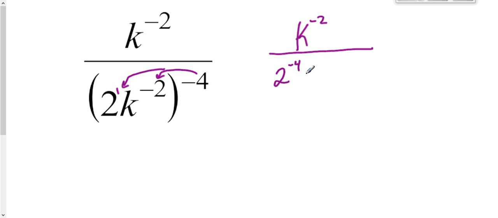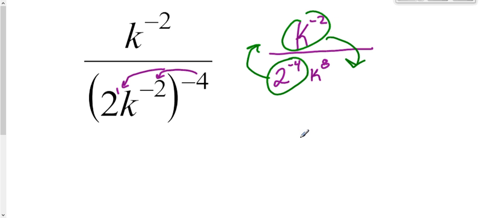With our negative 4, this negative 4 only applies to anything that's inside the current parentheses. So this negative 4 just goes to these two terms, doesn't actually affect this k at all. I know that this k on the top will have to move, but for now I'm going to get everything else more simplified. Like this. The 2 switches, the k switches, giving us 2 to the 4th on top,